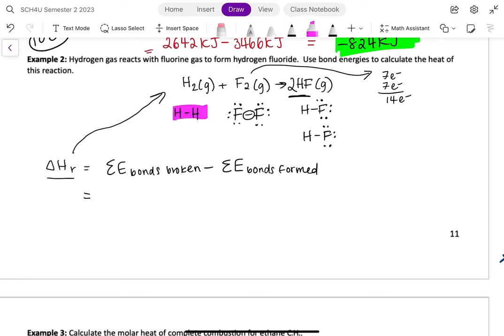There's 1 mole of my H2 gas bond, 432 kilojoules per mole, plus 1 mole of my fluorine gas, and the bond energy for this is 154 kilojoules per mole,